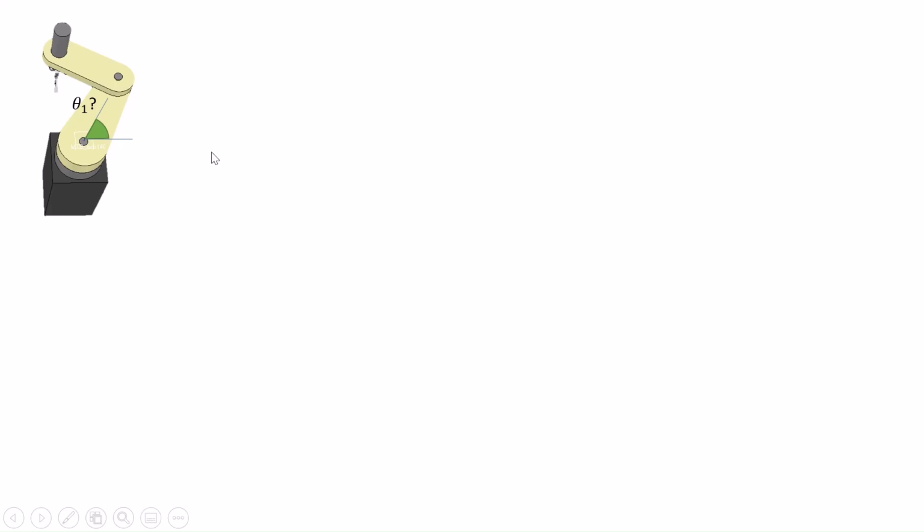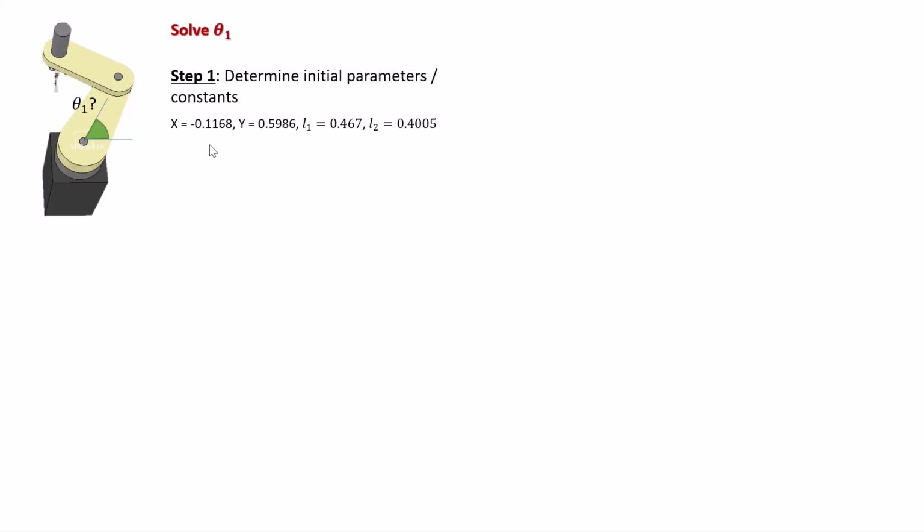So let's proceed to solve for theta 1. We can do that by firstly doing the initial parameters identification. These are exactly the same as we did for theta 2 before. Next, we calculate a new parameter, which is K1, from this formula: K1 equals L1 plus L2C2. By putting in the values, we will get